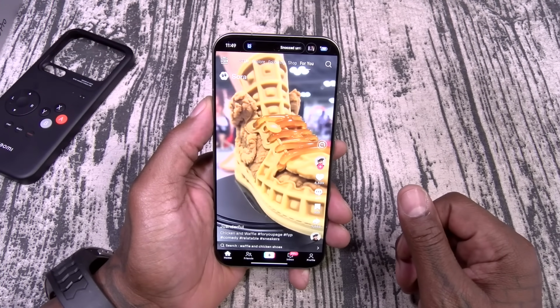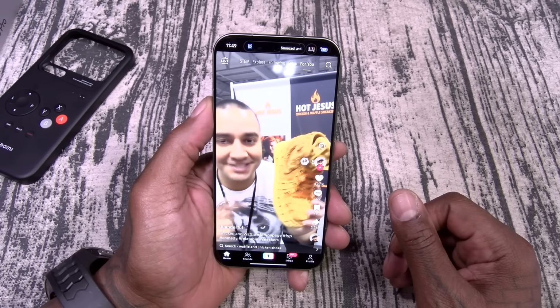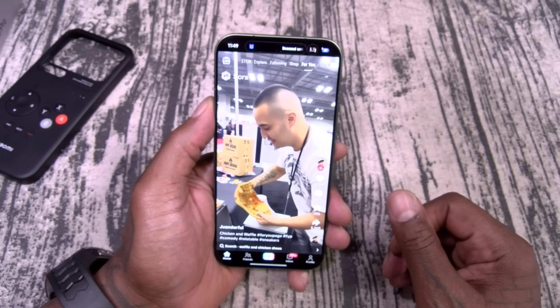First sneaker built straight out of chicken and waffles. Look at that. Crispy upper, syrup laces, and a whole waffle for the soul. It's sealed in a food-safe resin, so you get... John, we out here at the...